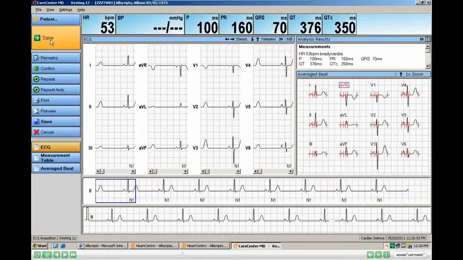Now there are a number of things a clinician can do from within CareCenter prior to sending this report back to Allscripts via HeartCentrix. You can add some remarks. You can repeat the test. You could print it, let's say, to a printer known to the CareCenter application. You can go into a preview mode, and you could sign off on the test. If you're a physician that has those privileges, you can sign off on this report before sending it back to Allscripts. But in this case, we're just going to save the report,